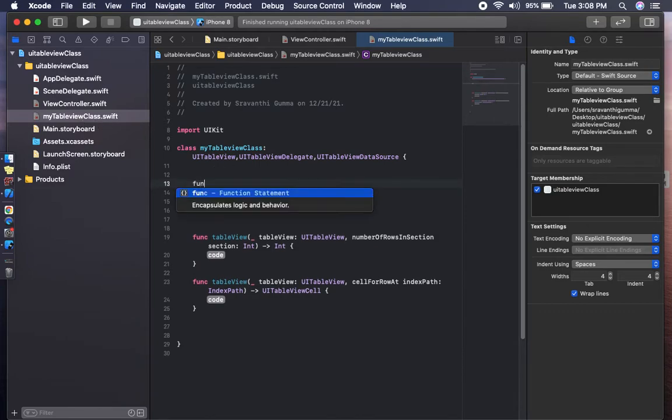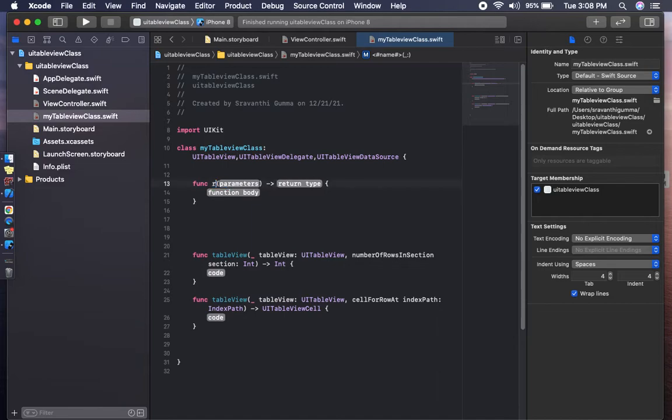So function reload table view with the data, and we are passing an array as the parameter type.